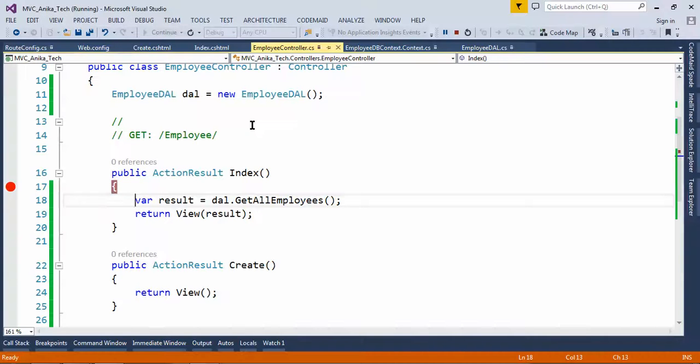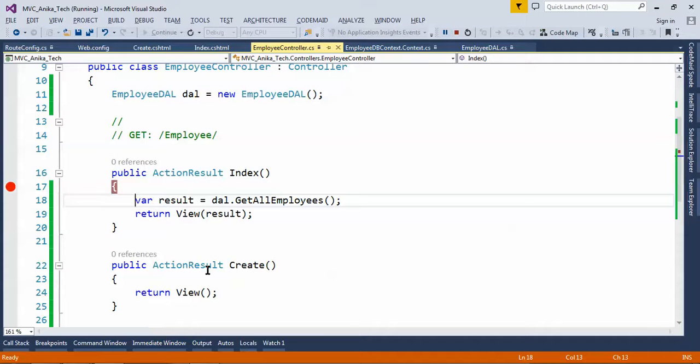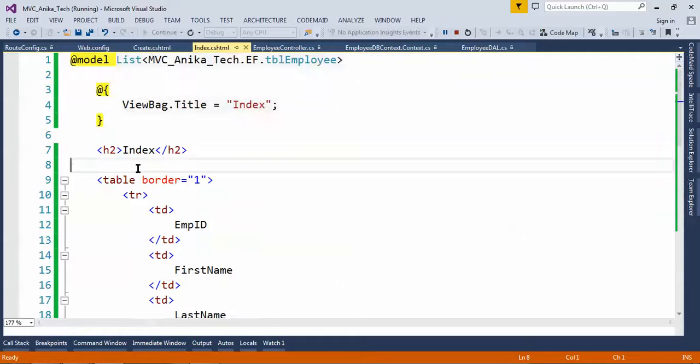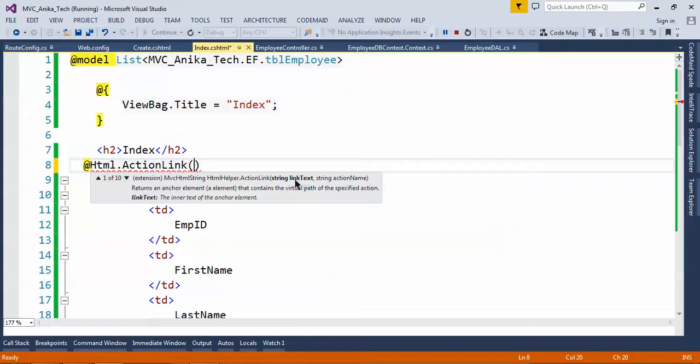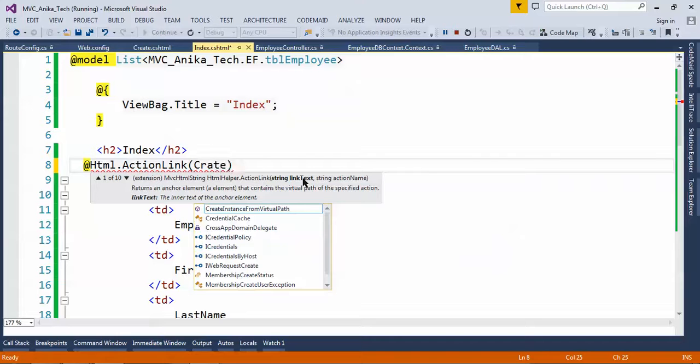Okay, so a blank row is displayed, but from this index page, I want to navigate to this create action. How can we do that? Let's go to the create one, and here we have one more HTML helper class, that is ActionLink, that is known as the anchor tag. It has got a few parameters. The first parameter says link text. So what is link text? Create, let's give the name,